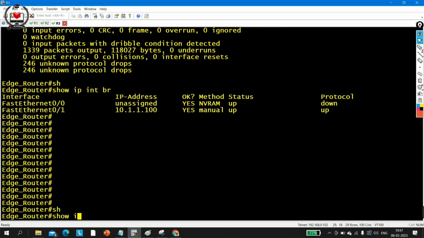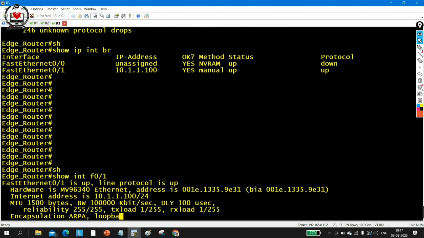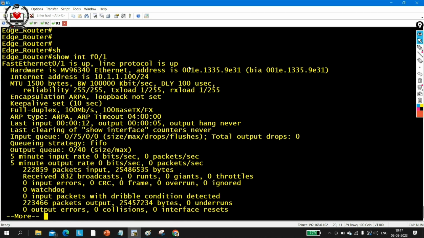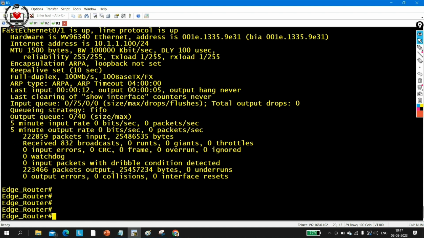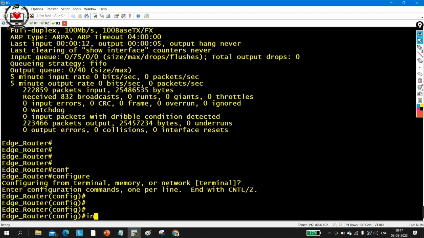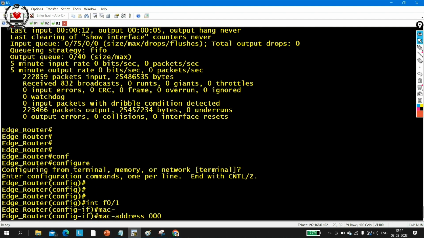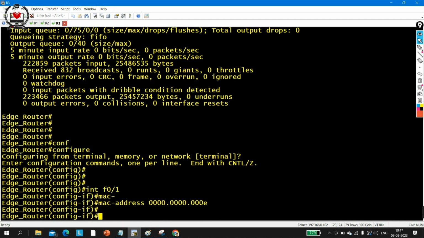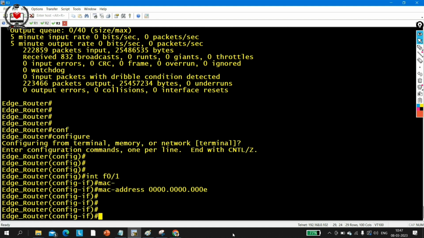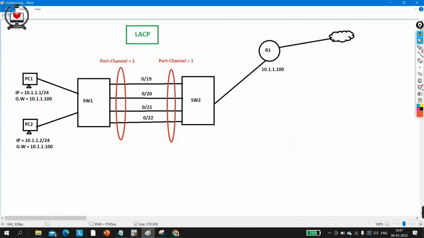Okay, so interface F0/1. Here you can see the MAC address is this one. I am going to change the MAC address over here as well. Config t, interface F0/1, and MAC address 0000.1234.000E. So here I have configured this MAC address. Fine. Now guys, tell me,